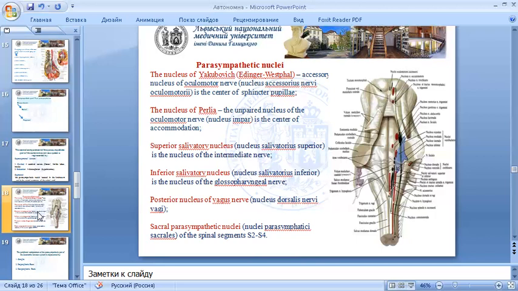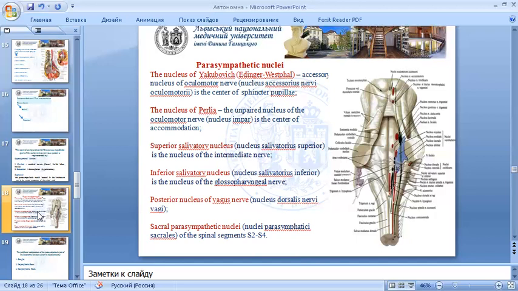The second nucleus, which also lies in the tegmentum of the cerebral crura of the midbrain, is the nucleus of Perlia, or unpaired nucleus, nucleus impar of the oculomotor nerve. This is the center of accommodation. Also, nucleus Perlia and nucleus Yakubovich are parasympathetic nuclei related to the oculomotor nerve, the third cranial nerve. The next nucleus, the superior salivatory nucleus, nucleus salivatorius superior, is the nucleus of the intermediate nerve,